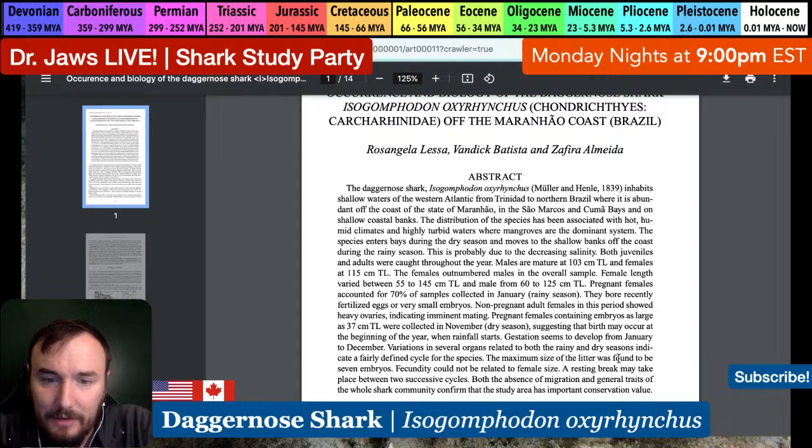The maximum size of the litter was found to be 7 embryos. Fecundity cannot be related to female size. A resting break may take place between 2 successive cycles. Both the absence of migration and general traits of the whole shark community confirm that the study area has important conservation value. So this is 1999, so remember the 80s were kind of like the peak landings for this species,